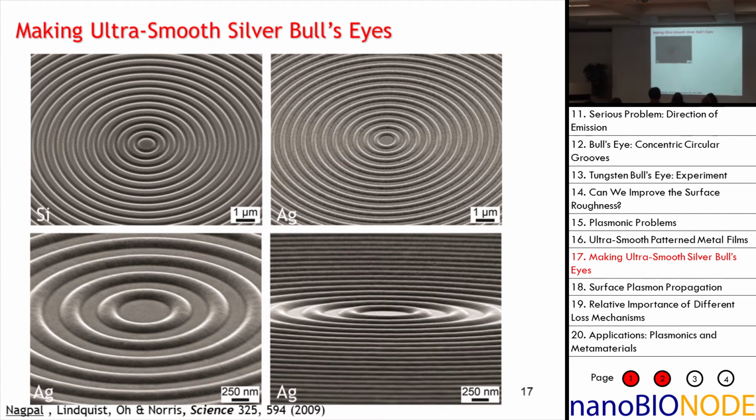So what we showed was you can make these bullseyes, and they look smooth not just when you try to look at them top down, but also at grazing angle. You could see that these structures have excellent fidelity over very large areas. So that's all good. But what we really wanted was the optical properties that we were looking for, and very long